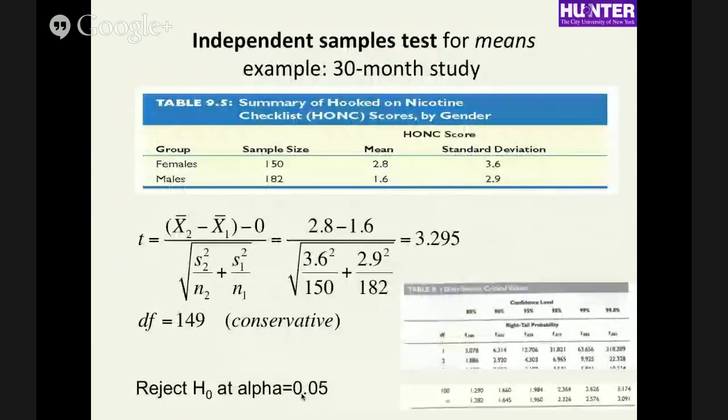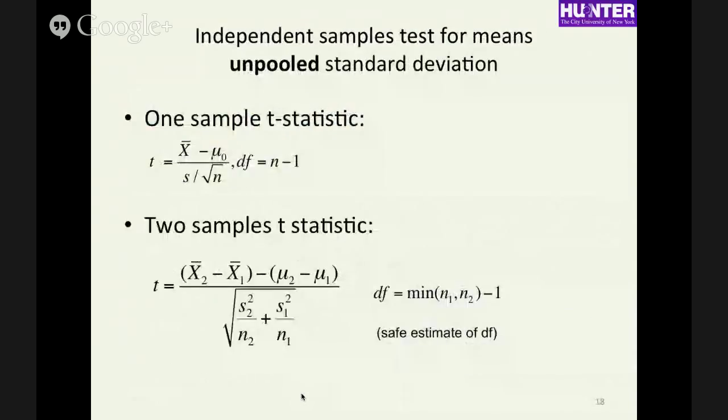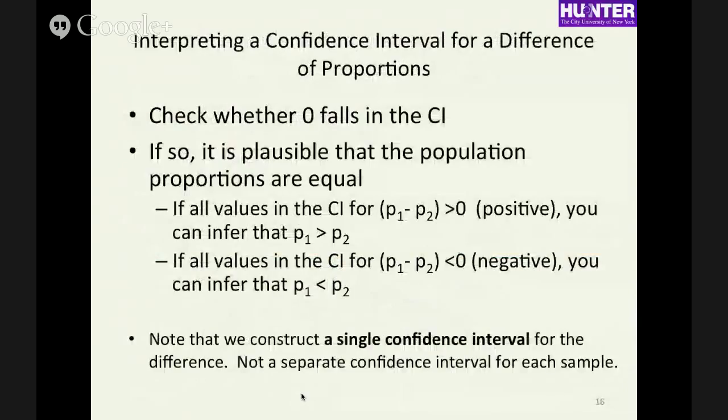Aren't we only rejecting the null hypothesis if we have evidence that the means or the proportions are not equal, right? But it's evidence that they're not equal